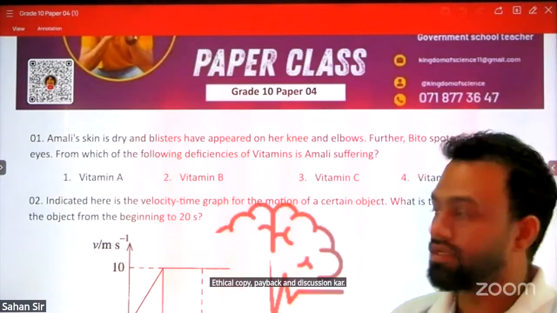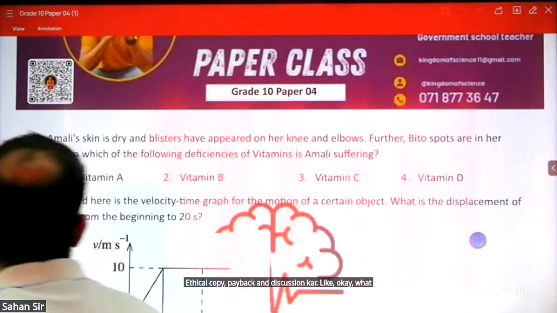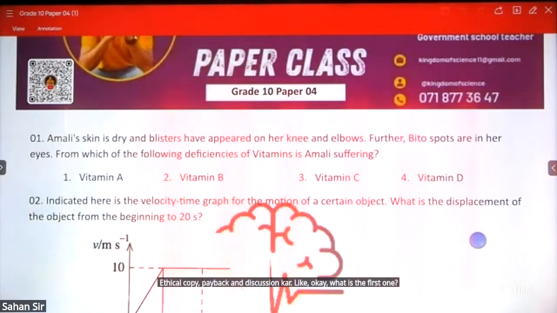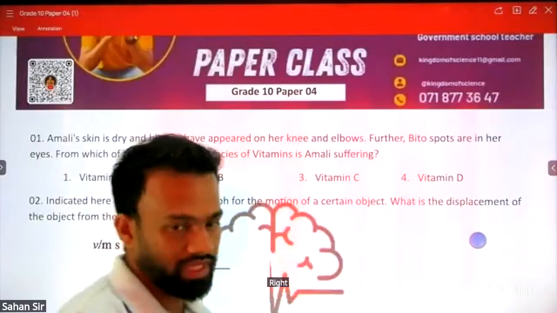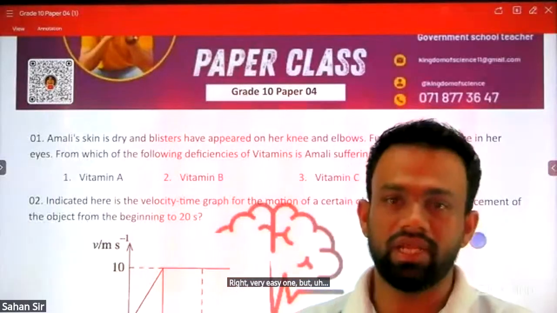Okay, what is the first one? Amari's skin is dry and blisters have appeared on her knee and elbows. Further, beetle spots are in her eyes. From which of the following deficiency of vitamins is Amari suffering? Very easy one. But grade 10 on the first lesson,